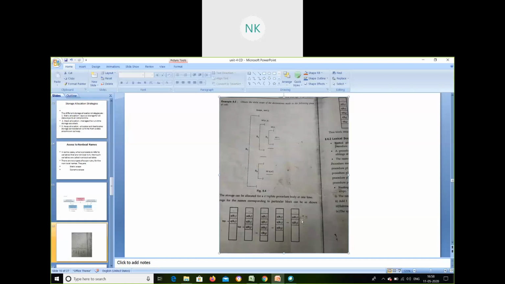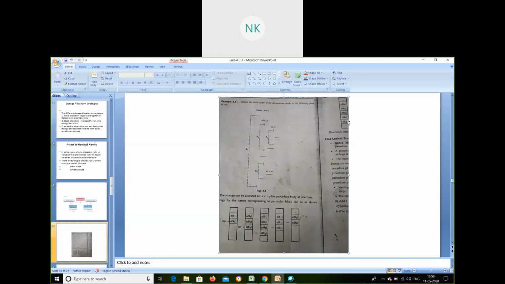So P of B1, Q of B1 now. This part is over. Now I need to execute this one: P of B1, Q of B1, Q of B4, S of B4 and T of B4. In the next procedure, it will be done, and it will be over.